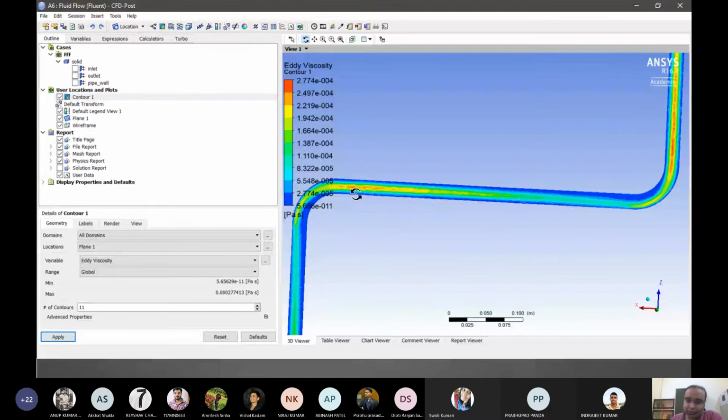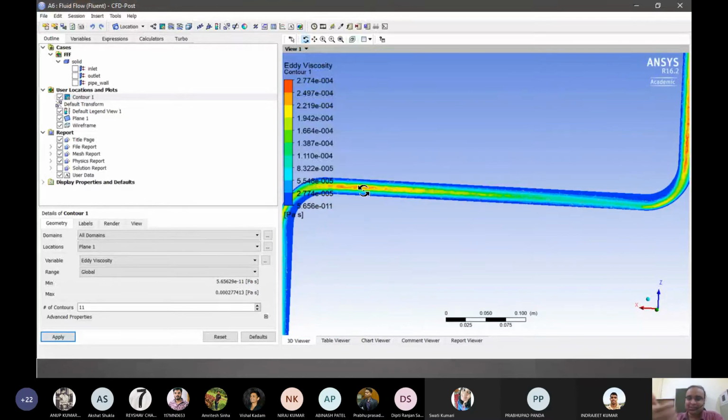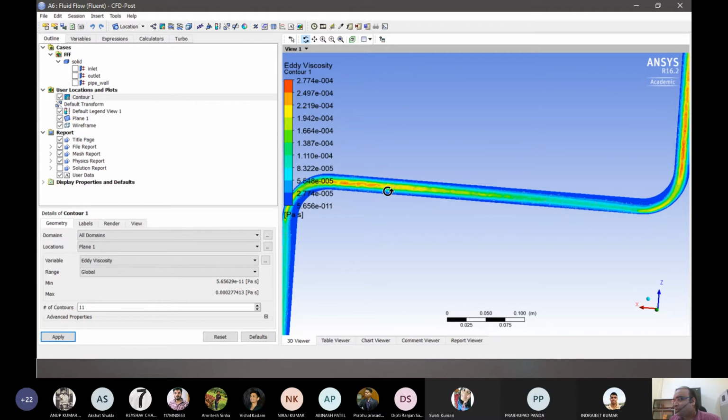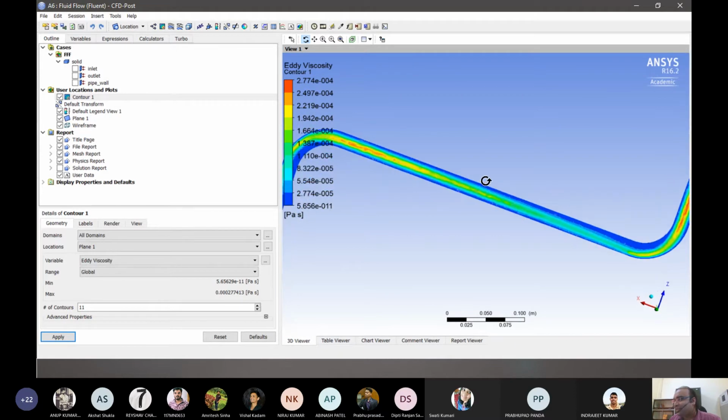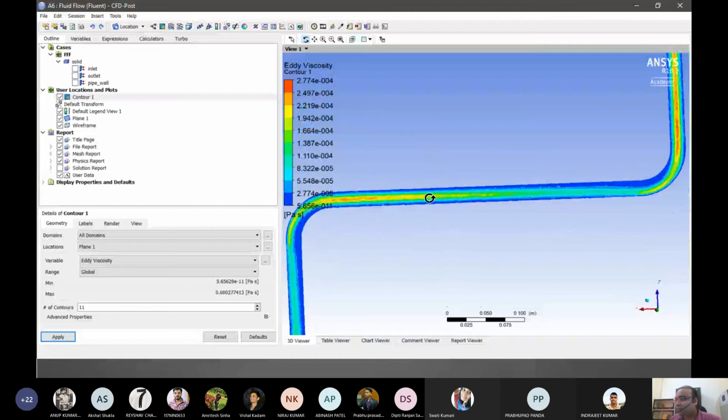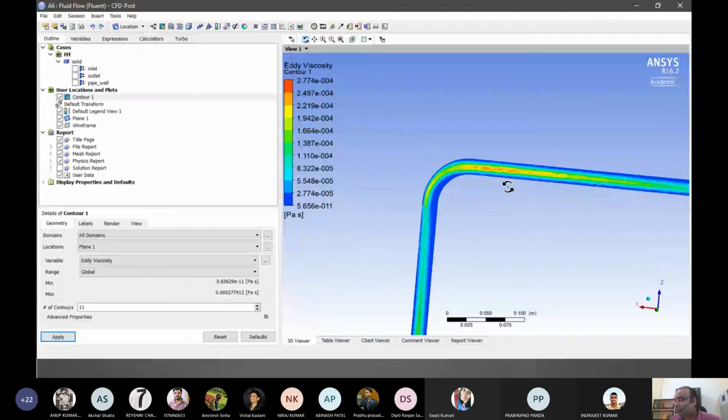Basically, it is the portion of how much is trying to return and how much is going ahead. There will be no return as such, but there will be a tendency to resist the forward motion, which can lead to eddies. So where are these eddies, and which portions will have the maximum? That also can be seen, right?